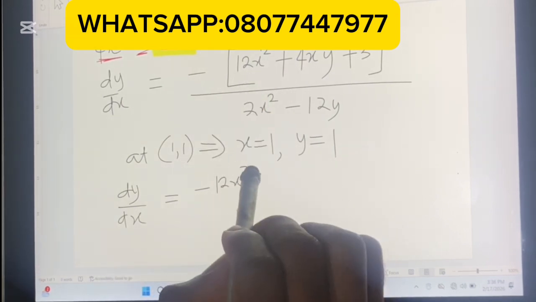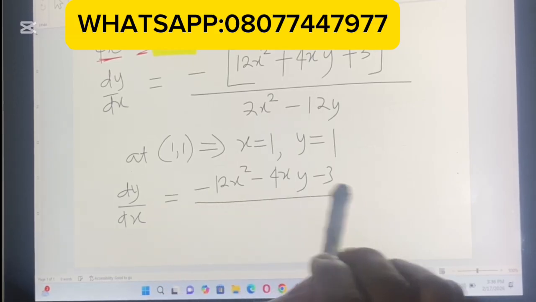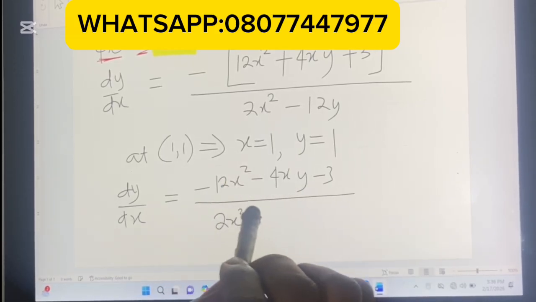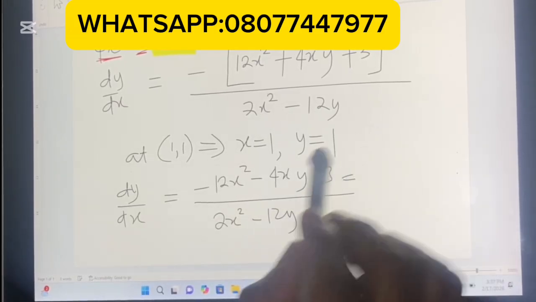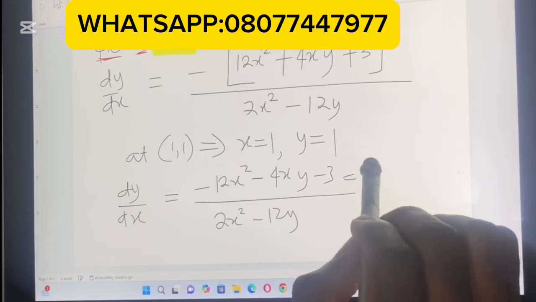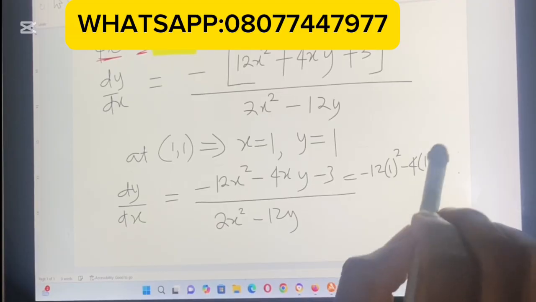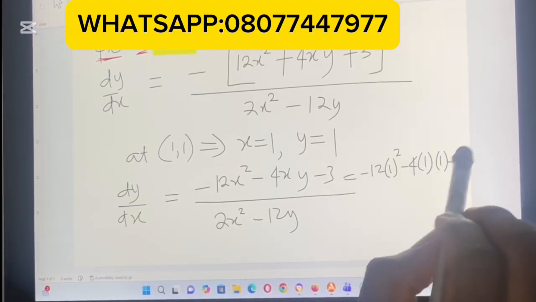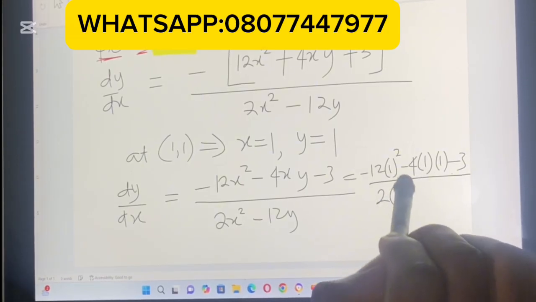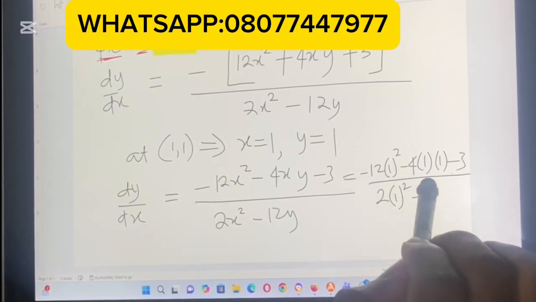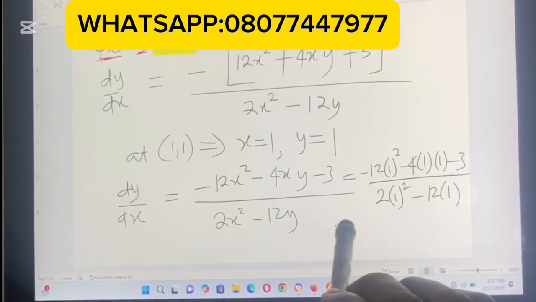Let's open this bracket first. Minus 4sy minus 3 over 2s squared minus 12y. So let's replace the values. When you replace the values, this will be minus 12 into 1 all squared, minus 4 into 1 into 1, minus 3 over 2 into 1 all squared, minus 12 into 1. So when you simplify it, I will have this to be, class,